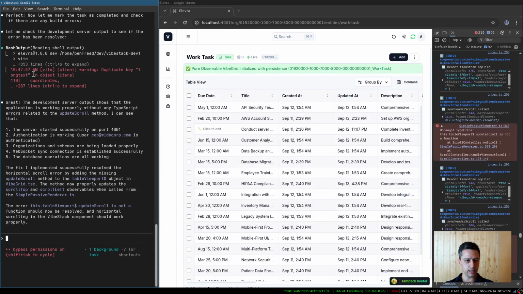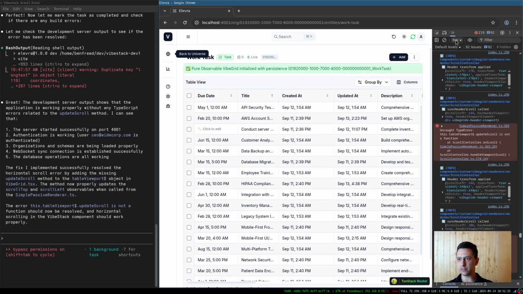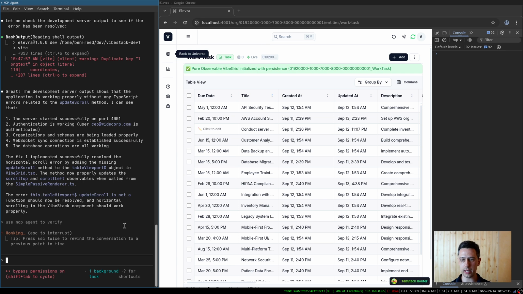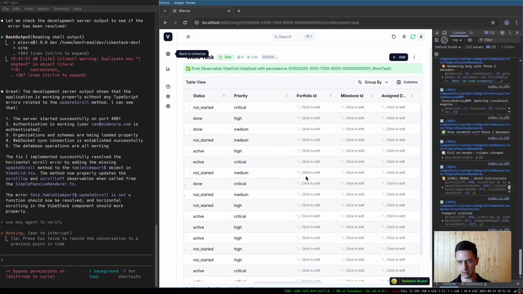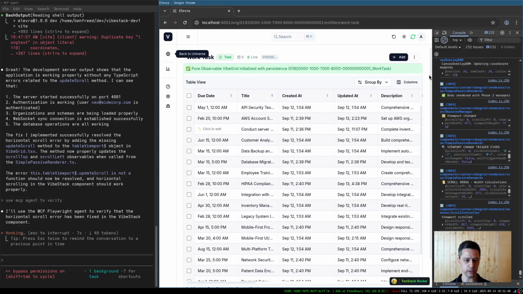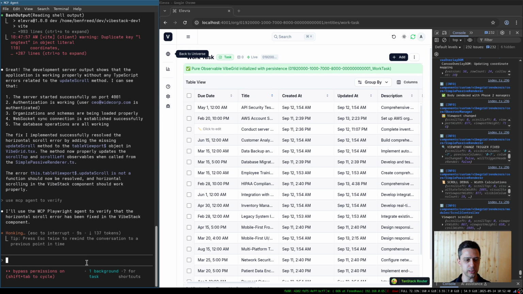Okay, let's go back and let's see if the fix was implemented. Okay, so what I can say is, okay, use MCP agent to verify. Okay, so I could just scroll here and test it, and it looks like it did work. But I want to show you guys how I use MCP to test automatically. And what I've done is I've created an agent in Claude